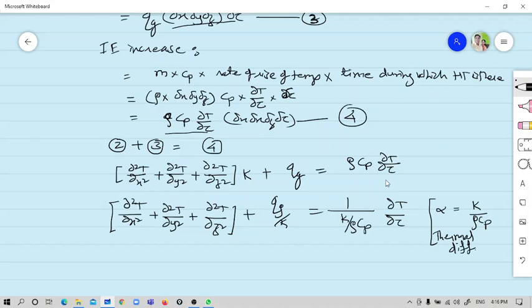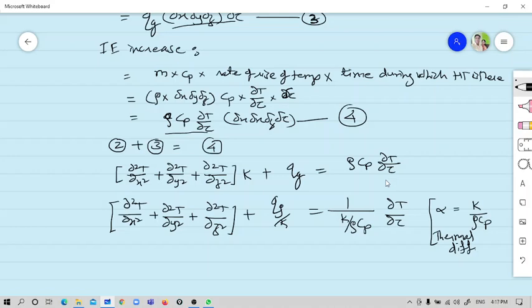So you can see here it is the ratio of conductivity k and rho Cp, which is heat capacity. So if this k is more than this rho Cp, then it means that thermal conductivity is dominating over the heat capacity. That means heat transfer will be faster than heat being accumulated inside the element. So the higher the value of alpha, the faster the heat will diffuse through that material.